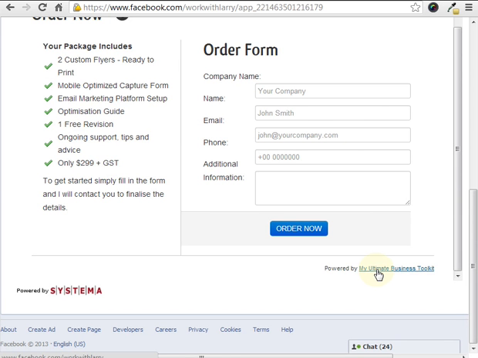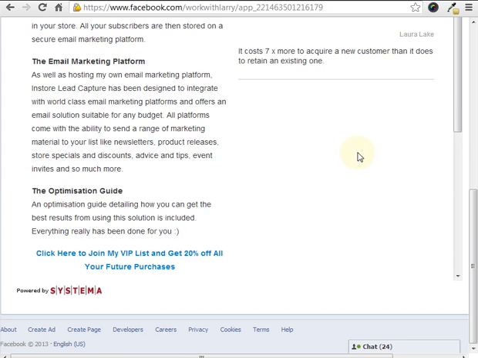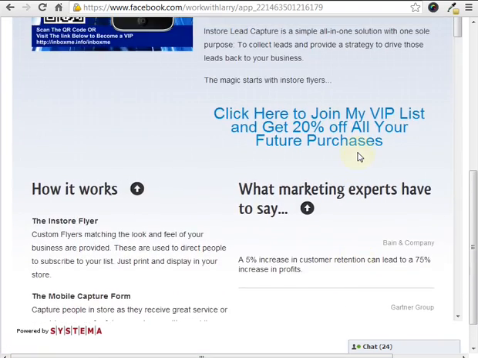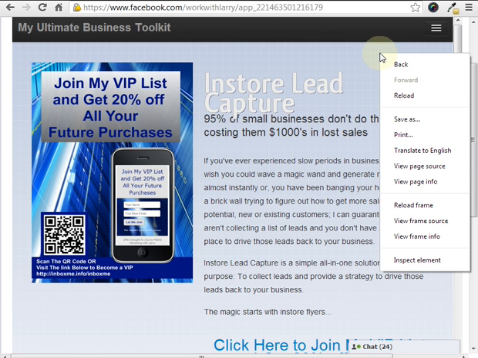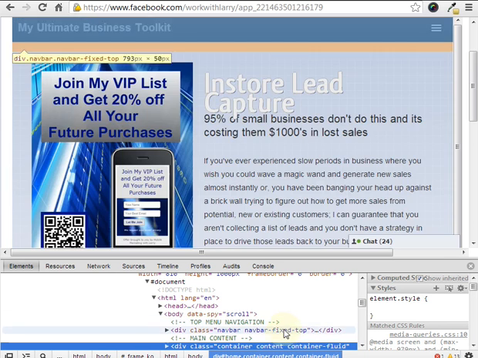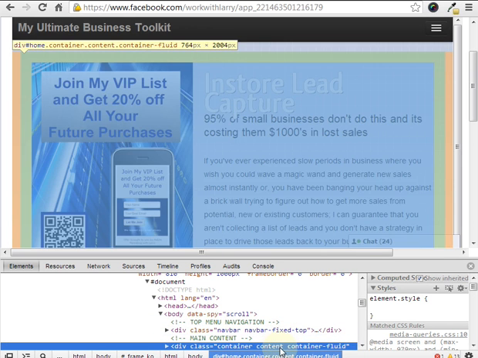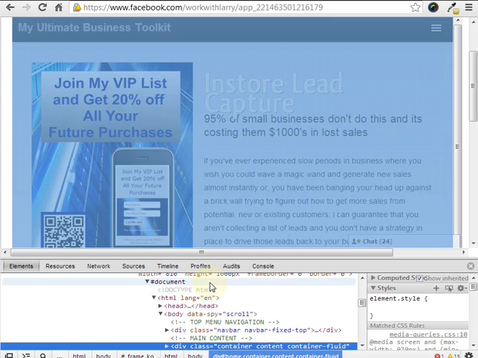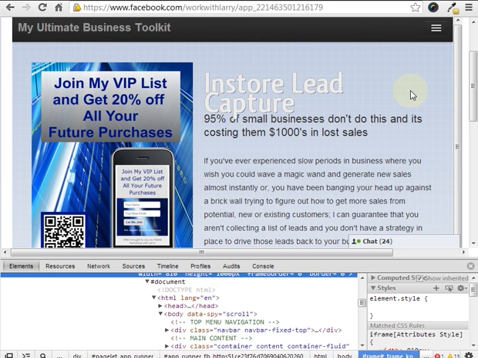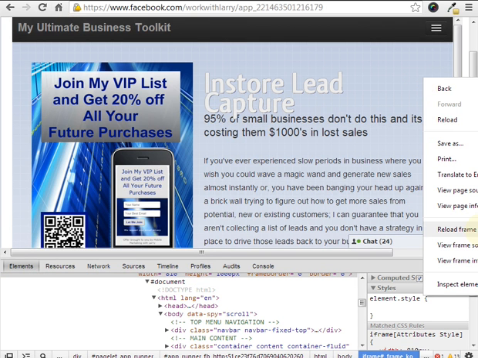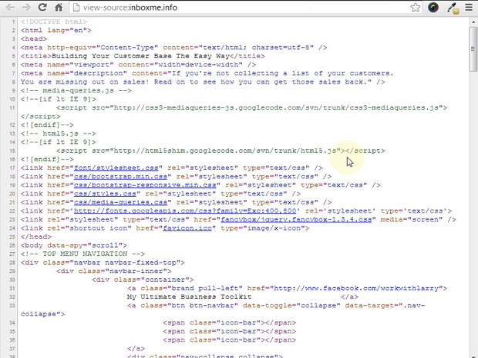The only thing you have to be aware of is you've got 800 pixels to work with. I think it is. So yep, 764. No, it's not. It's quite a bit more than that. So 810 pixels to work with. If you saw that come up just up the top there. And if you wanted to check out your frame as well, you can go ahead and do that. But let's just pop back here